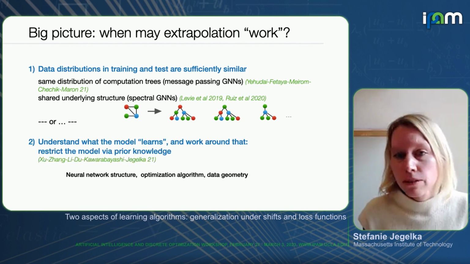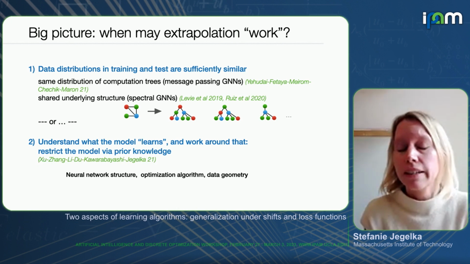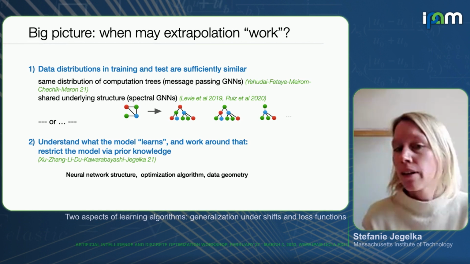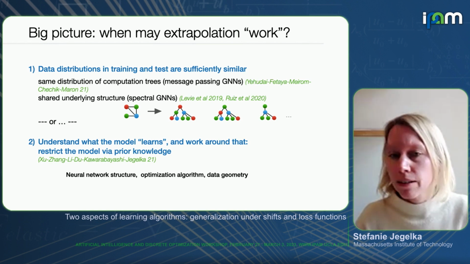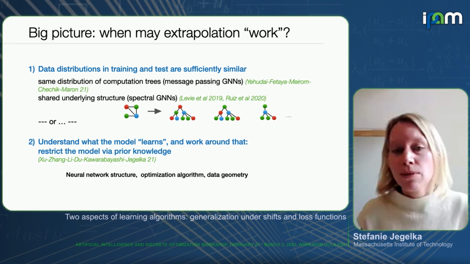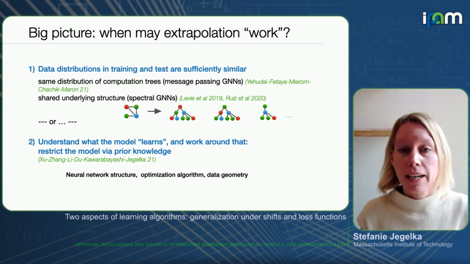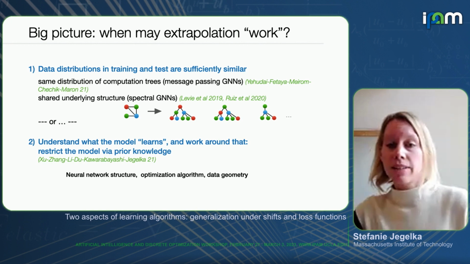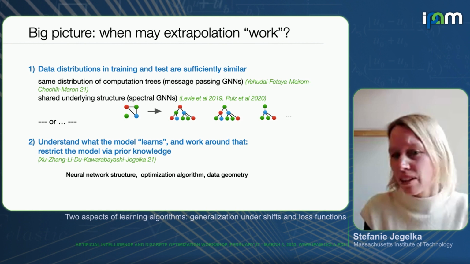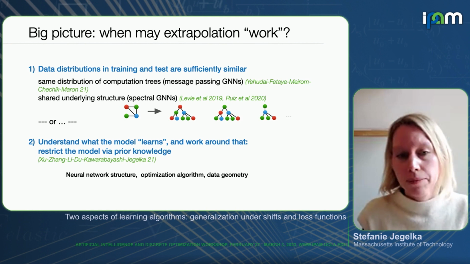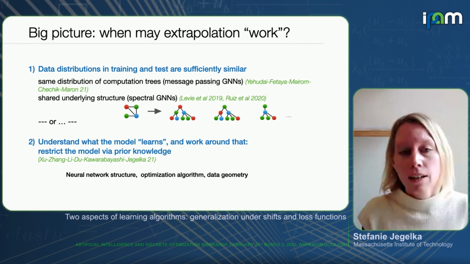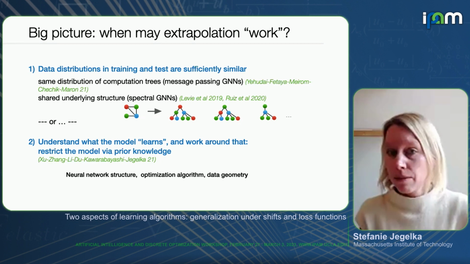But what if not? If not, then suddenly the neural network sees data that looks different from the data that it has seen before. The trees look different. Maybe they have much larger degrees, for instance, that could be one way in which they're very different, or the features are different. So in that case, we have to understand what the model actually learned, and how it would extrapolate that learned function to those other graphs. And then we can try to understand if we can guide that in a specific way, because it's essentially like looking at a regression problem and predicting somewhere else. So those are the two ways in which it may work.